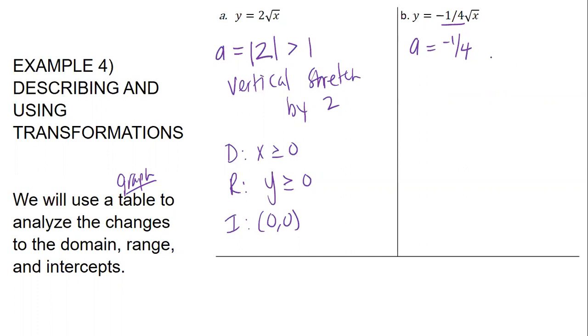A equaling negative 1/4 tells us two things. The first thing is that it's a vertical compression or shrink, whichever one you want to write. I don't feel like writing the word compression, so it's a vertical shrink by 1/4 because the absolute value of A is less than 1. The second thing it tells us is that it's a reflection